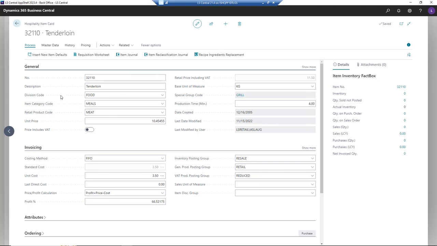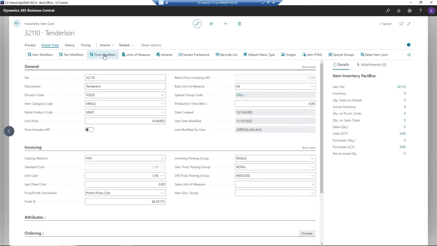So what are we looking at here? We're going to go to master data. Here we see item modifiers and text modifiers. Item modifiers we looked at, remember, with the recipe. If it would be an item with modifiers, we would have looked at that here. But we are going to go into time modifiers for this tenderloin.